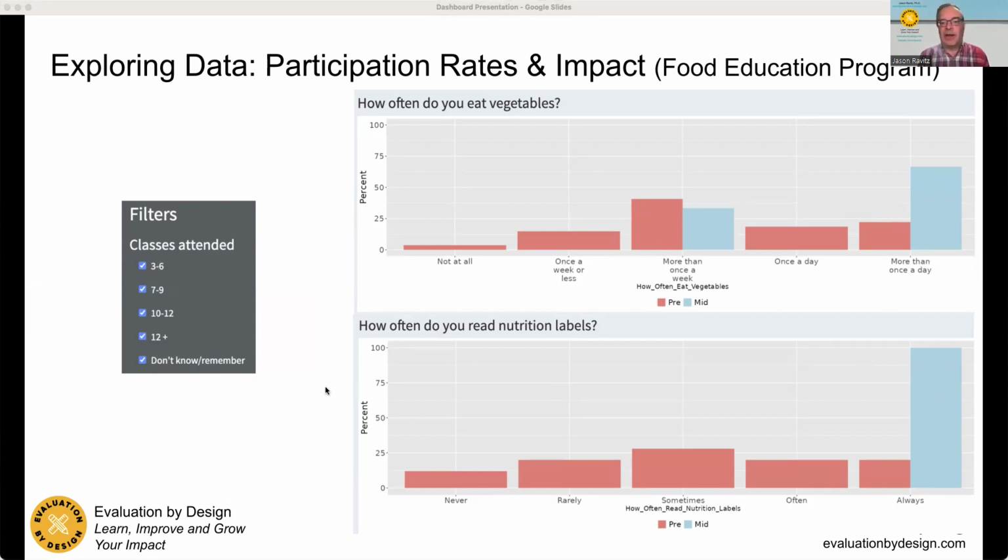But what I want to highlight here, and Matt, I'll get to you one sec. What I want to highlight here is for evaluation purposes, I think it's really interesting to link these outcomes to participation rates, because it can provide more evidence if you show that the more they participated, the better their outcomes were. What's up, Matt? I see your hand raised.